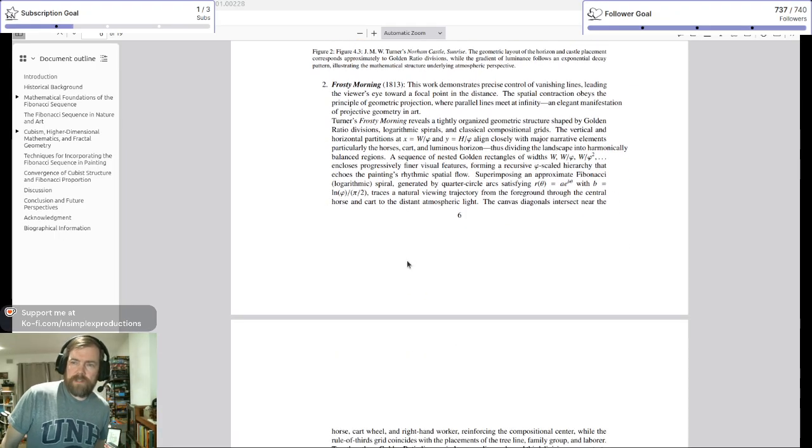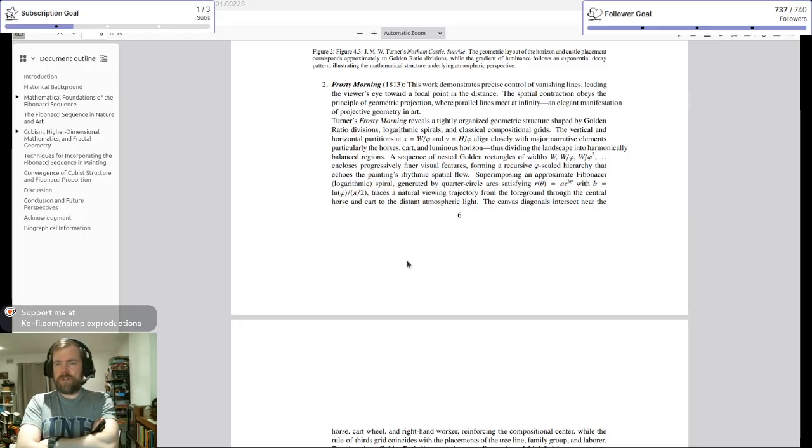Frosty Morning, 1813. This work demonstrates precise control of vanishing lines, leading the viewer's eyes toward a focal point in the distance. Spatial contraction obeys the principle of geometric projection. All parallel lines meet at infinity. Elegant manifestation of projective geometry in art. Turner's Frosty Morning reveals a tightly organized geometric structure